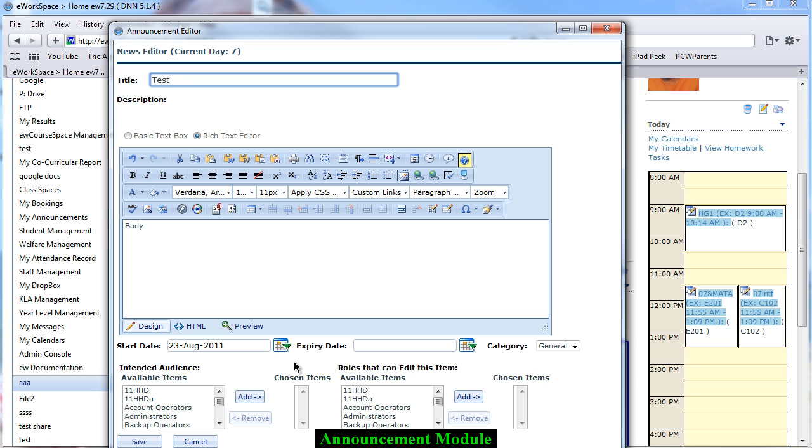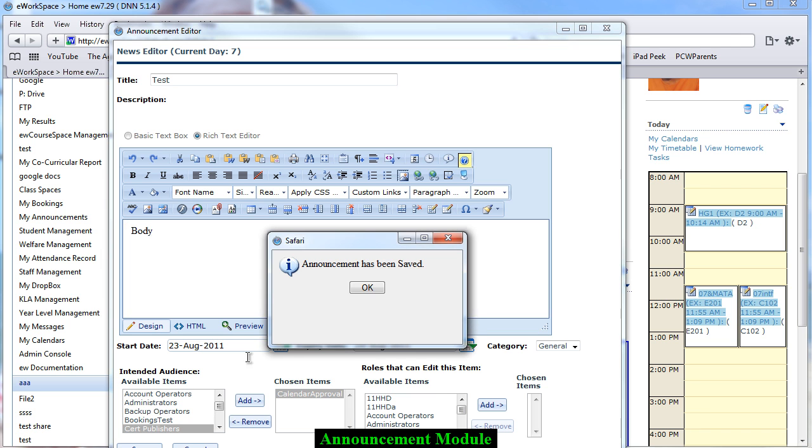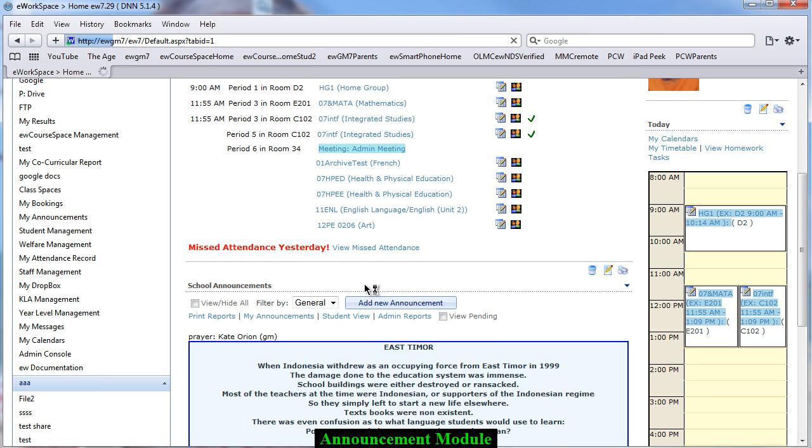And okay, we have a start date of the 23rd, so as you can see, the announcement won't appear until that particular date and then automatically expires. So in other words, it completely manages itself, but the most important feature is the intended audience. So in this case, by selecting an intended audience, we can only target that particular group with this announcement, so only that particular role will even be able to see it. So hit on the word save, announcement has been saved,